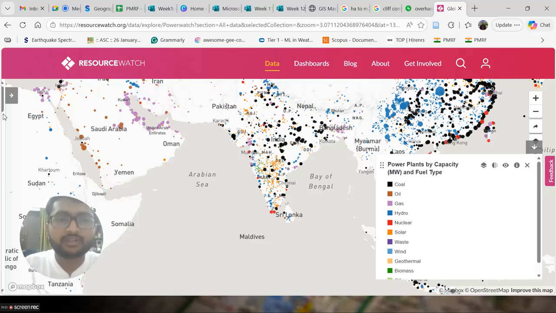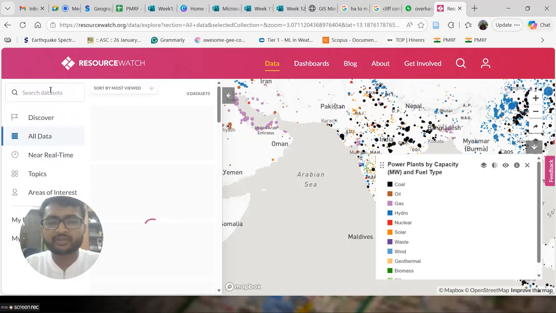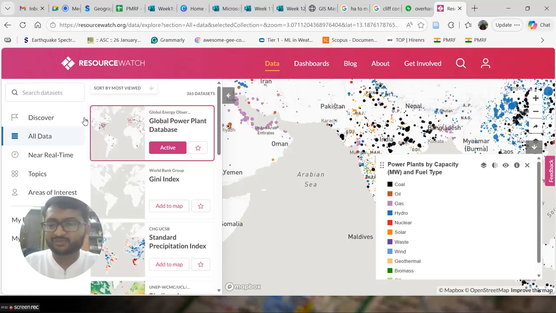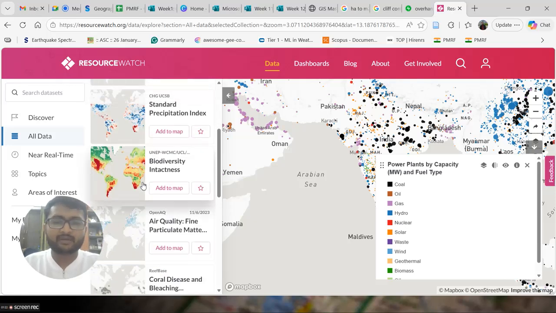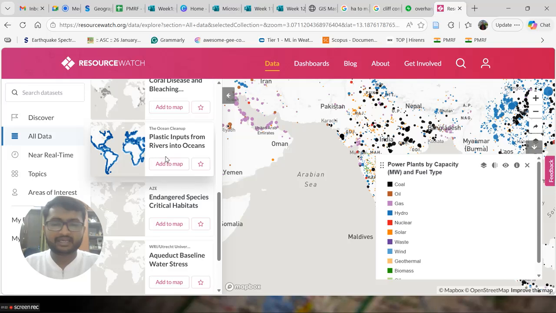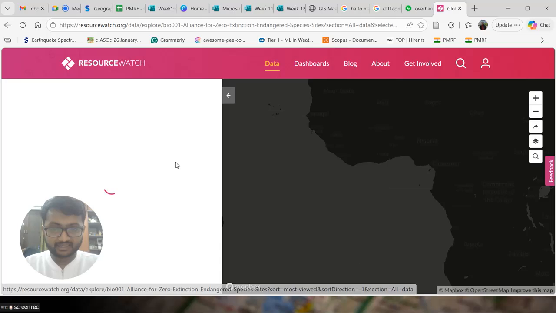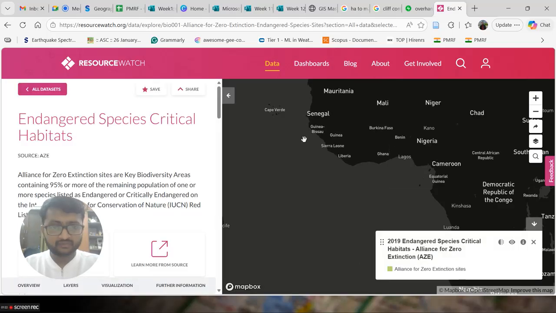Yeah, so this kind of data is very good to analyze, and you will see a lot of data regarding the resources which we have on earth on this particular site. So these are a couple of data sets which I've showed you, but the list is limitless. You will see air quality data, plastic input from rivers into oceans, endangered species and critical habitats of the world. So if we see in India,